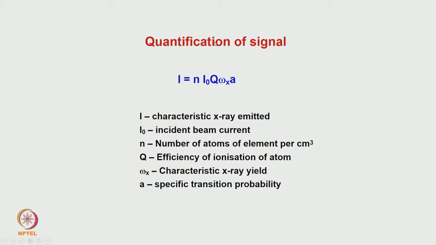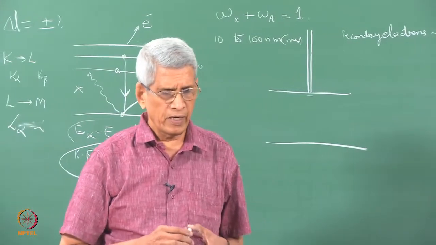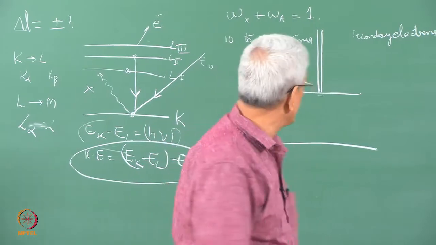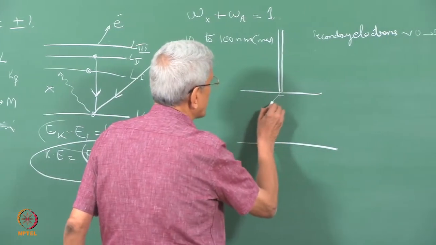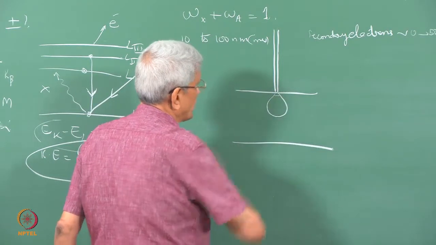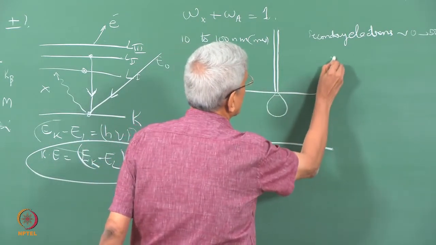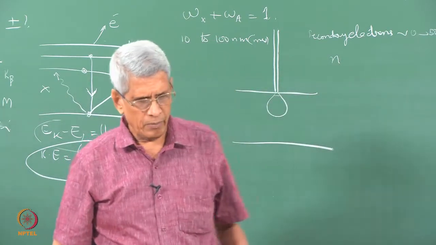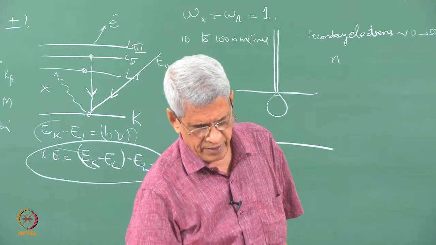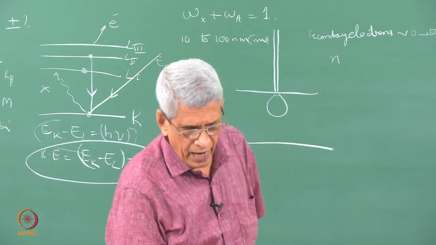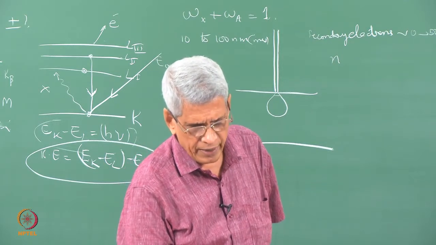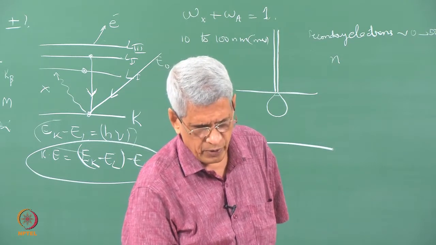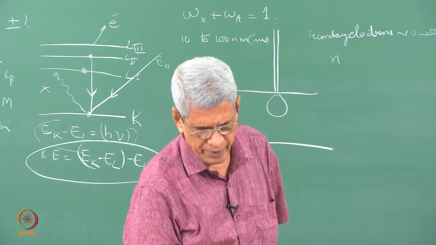Suppose we wanted to quantify the signal which is coming. Okay. What are the factors which we have to take into account? As we have seen, the beam is the X-ray. Suppose we assume that the X-ray is being generated from this volume of that sample. What is the total number of atoms of a particular species which is going to be present in that region, per unit volume? That is what N tells. Okay. And I0 is the current density, or the rate at which the electrons are entering into that sample. Okay. These are all the various ways in which this I0 could be represented.